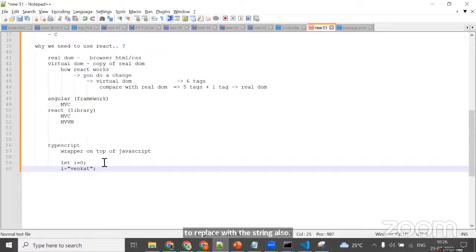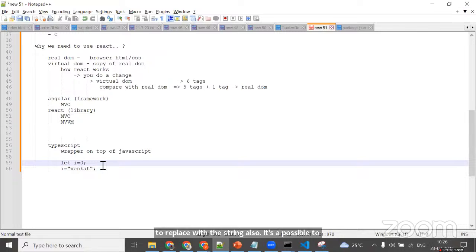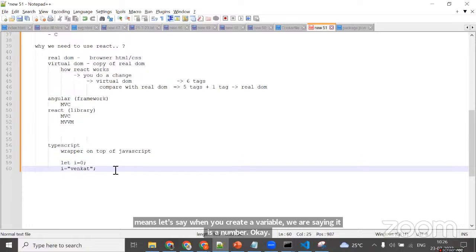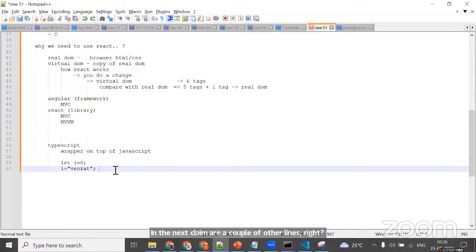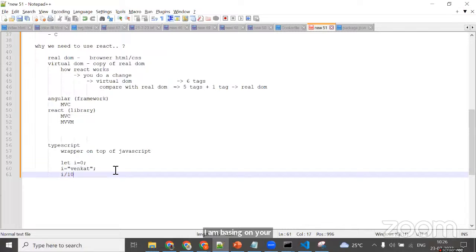That means when you create a variable, we are saying it is a number. In the next line or a couple of lines later, I place a string. Then if I write logic like this, what will happen? Will it work or will it break? It will break, because we are trying to do manipulations on a number, but somehow we are using a string, so it will give an error, a runtime error. To prevent these cases,